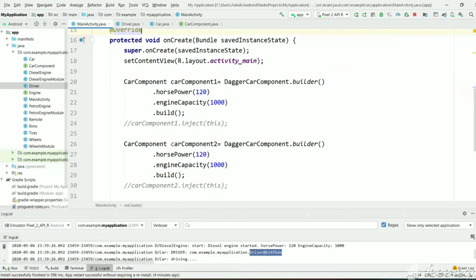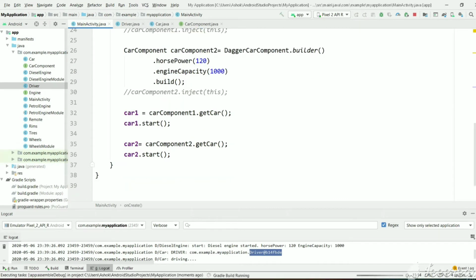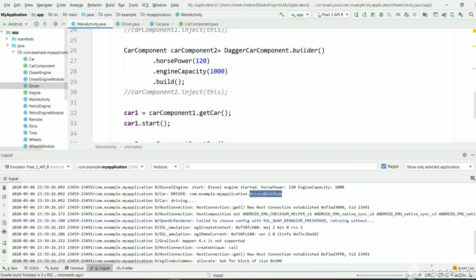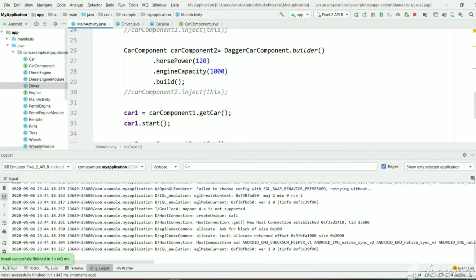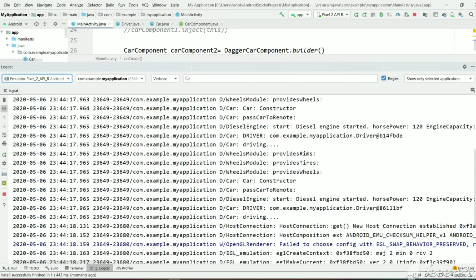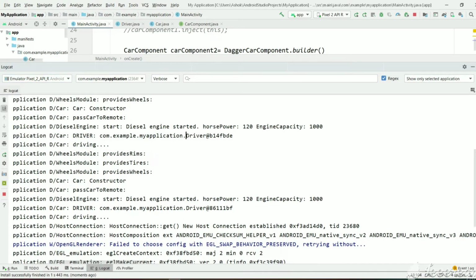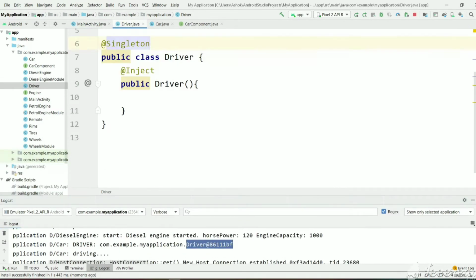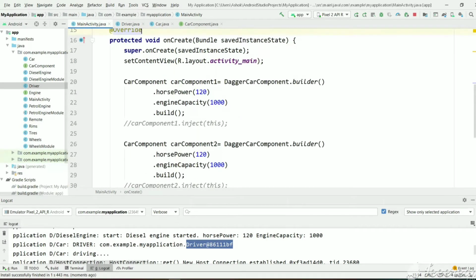Now let's execute and see whether these cars will have the same instance of driver or different instances. As you can see, they have different driver instances even though the driver class is a singleton, because singleton is per component, it is not per application.